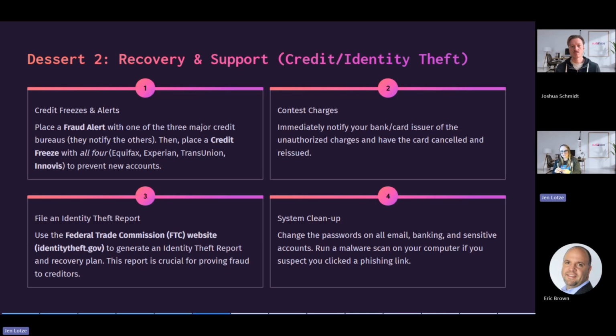And then, just like Josh said, you're going to do all that system cleanup. You're going to change all those passwords. You're going to probably get new bank accounts, new credit cards, new debit cards. You're going to get all of these things. And then run those scans, right? If you have a techie family member, this is where you really want to capitalize on your younger friends who just seem to know all this stuff when they're born. So definitely lean on those people that you can trust.